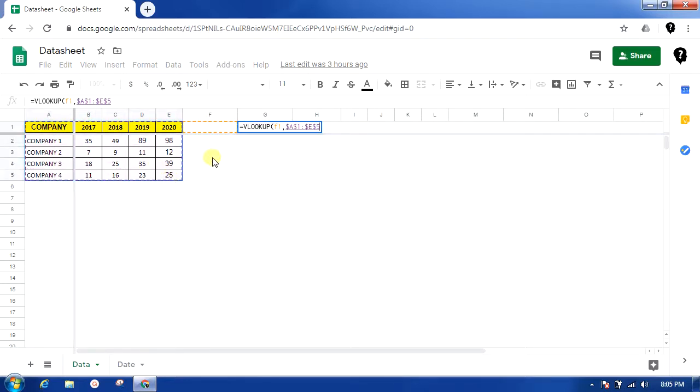Always remember that whenever we select any range and we want that formula to get copied over a number of cells, just make it a static selection by pressing the F4 key or putting a dollar sign manually.